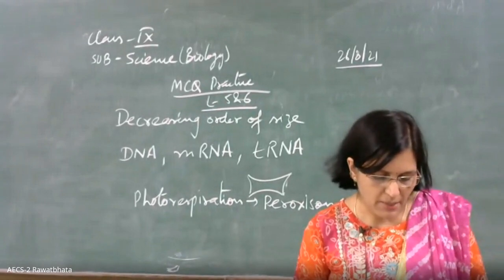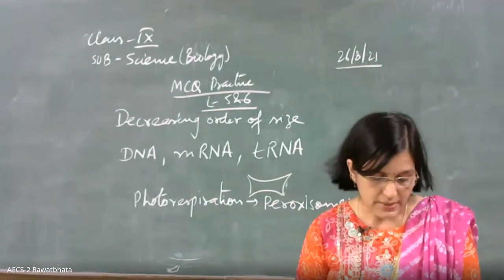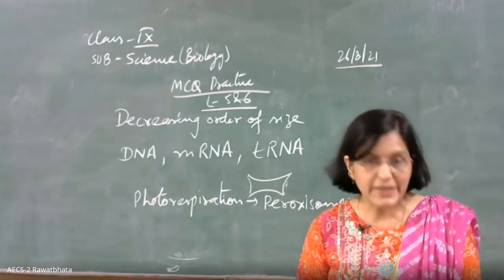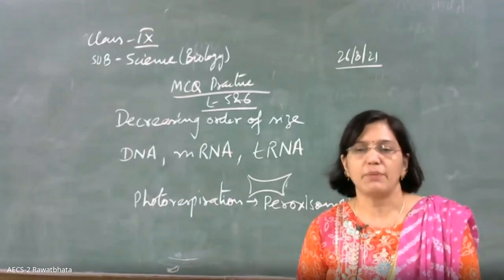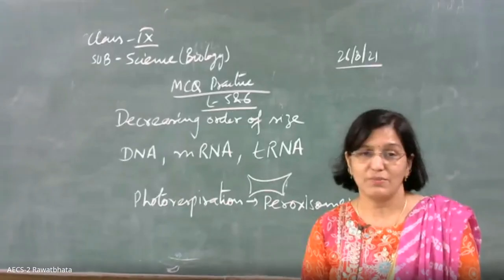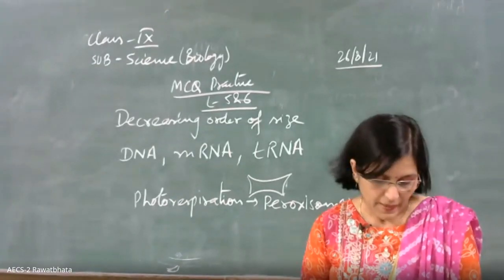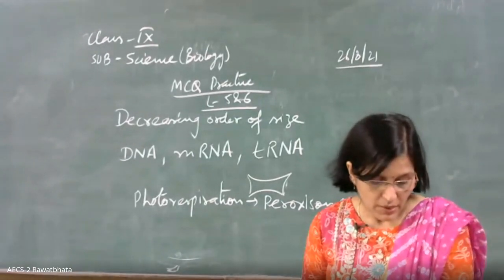Chromosomes are made up of... Now, this is an easy one. I think everybody should answer that. Chromosomes are made up of DNA, RNA, protein, all of the above. Ma'am, all of the above. All of the above. That is right. Okay. And the last question from this chapter, then we'll move ahead for lesson number 6.